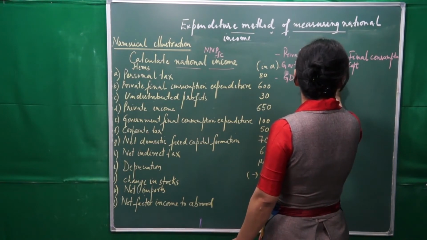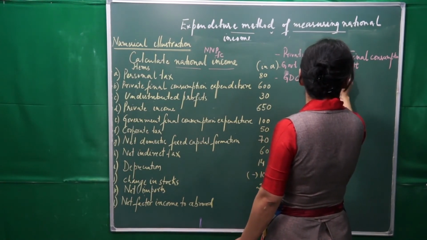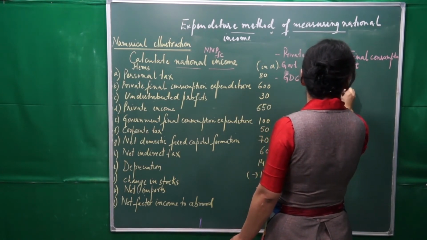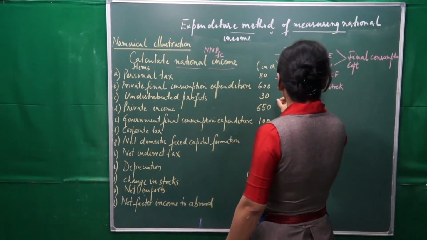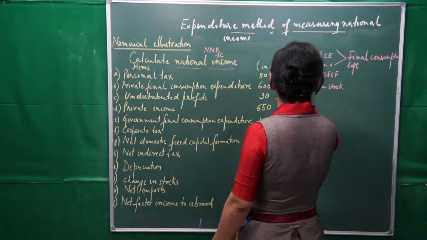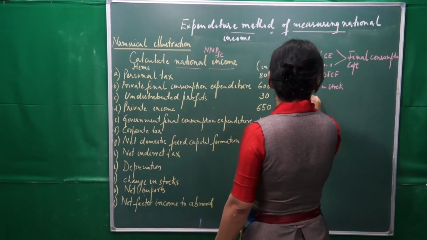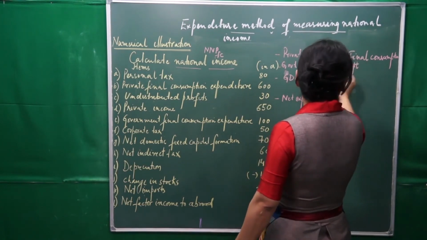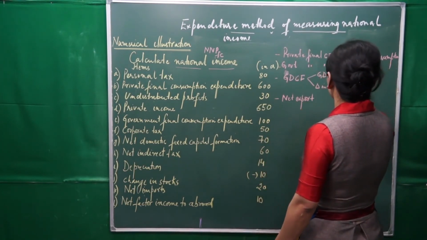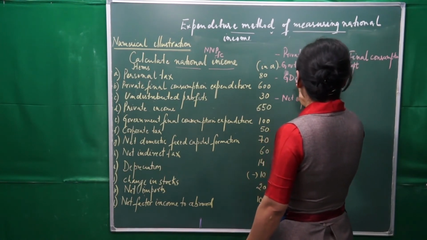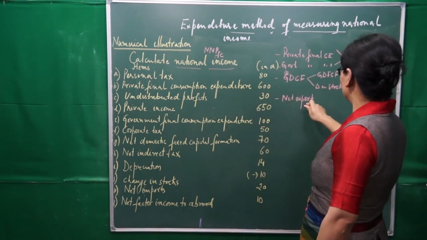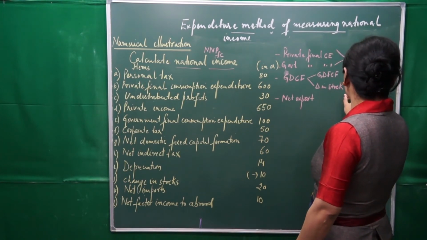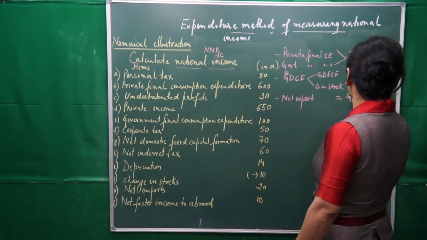Gross domestic fixed capital formation and change in stock. And finally we have net export. So all these things, final consumption expenditure, gross domestic capital formation, net export, the summation of all these expenditures will give us GDP